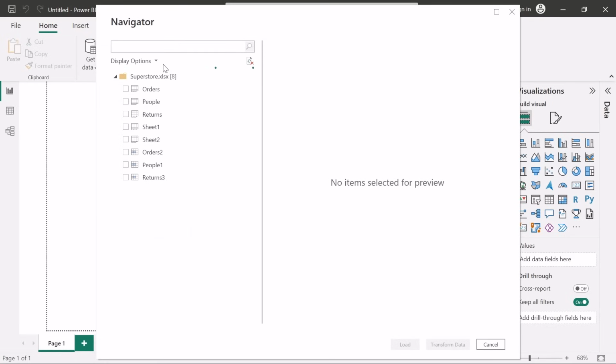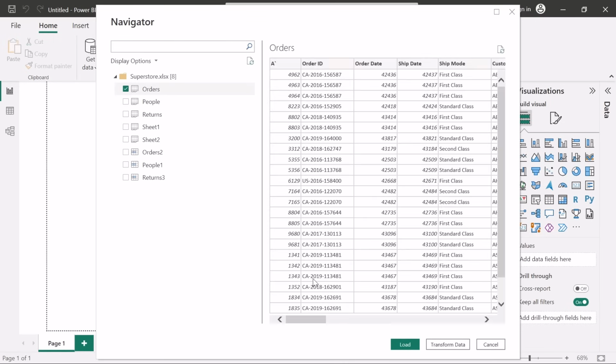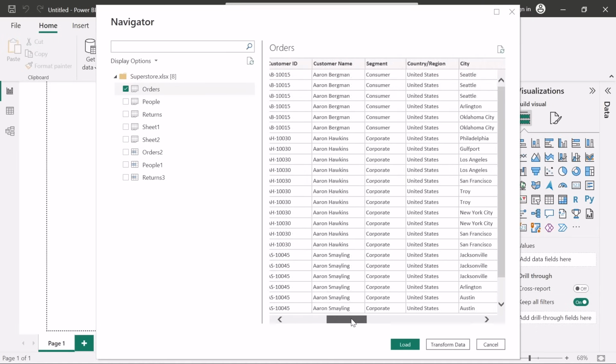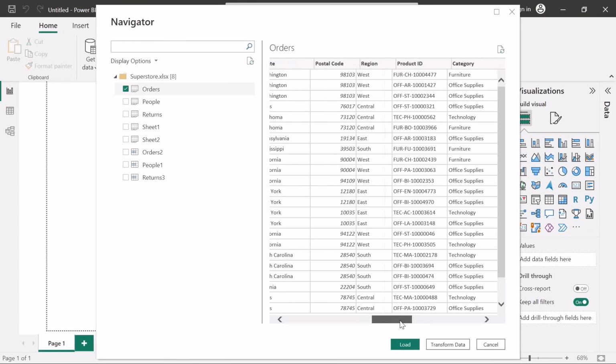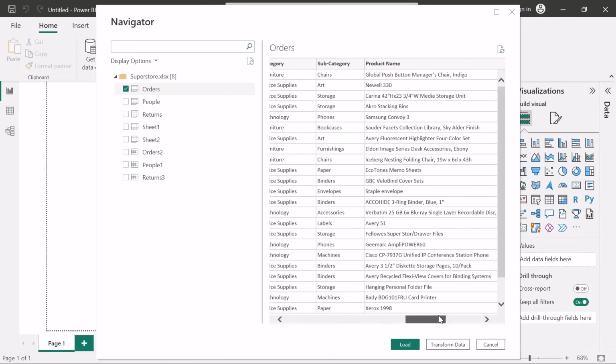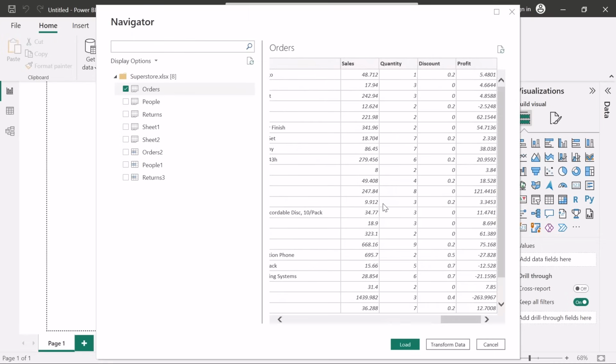Okay, so we have this kind of a data set over here. In this file, we have this many sheets, right? This is one file that has many sheets. For now we are just interested in this Orders sheet that contains different orders from the customers. So we have order ID, order date, shipping mode, customer ID, customer name, customer region, city, state, right? All the information is available over here. Then product ID, category, subcategory, and so on. Then we have sales, quantity in each order, discount that is presented,